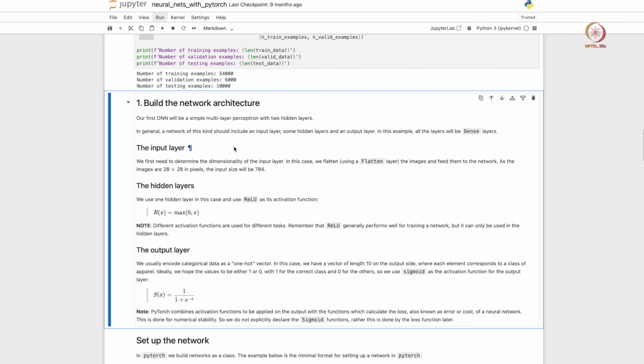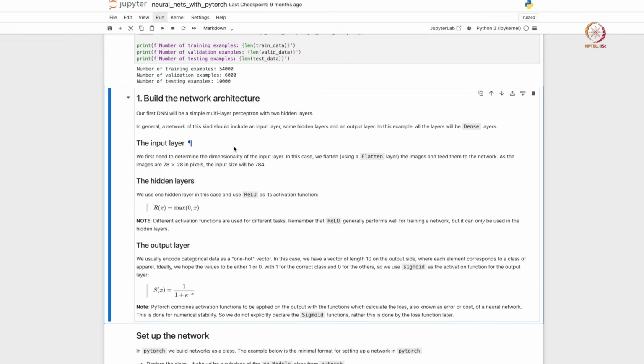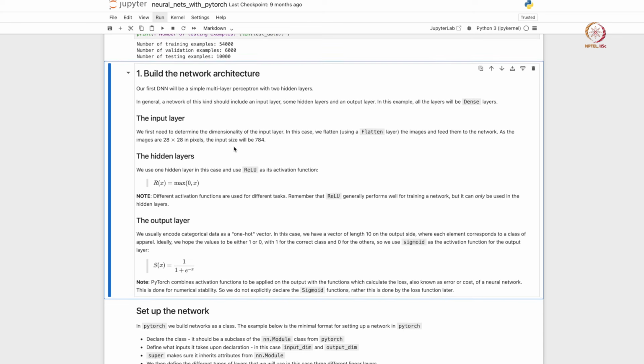Okay. Let us now build the neural network architecture here, and there are lots of useful descriptions and documentation that is written as part of this notebook. So I encourage all of you to go through those descriptions in a detailed fashion. I think it will help you understand how to write code or at least modify code using PyTorch, right.